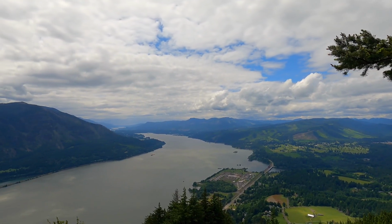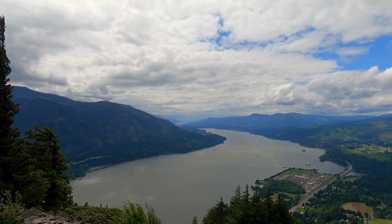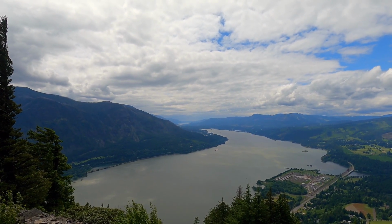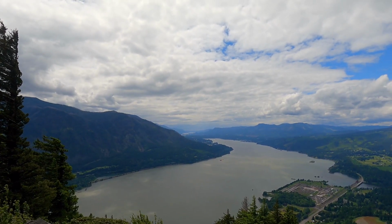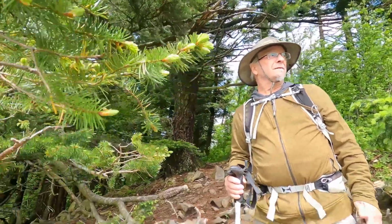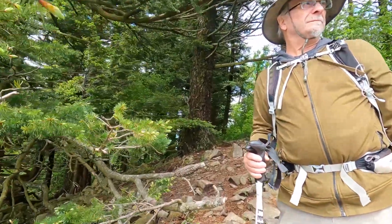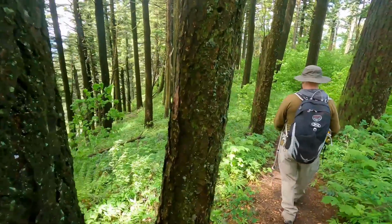And we can see now clearly how the Columbia River got pushed south by the Bonneville Slide. So there you have it. Let's go enjoy the trail some more. Yeah, let's go enjoy that trail. From here, the trail is all